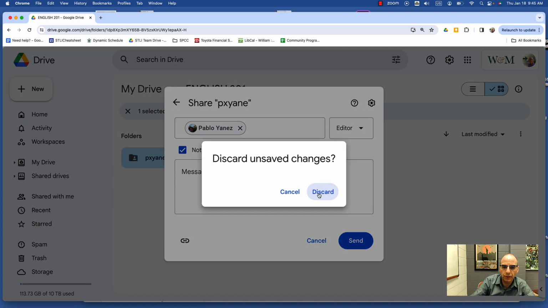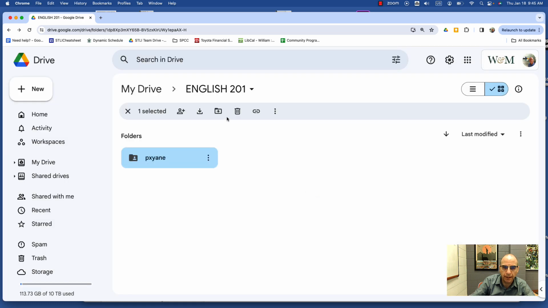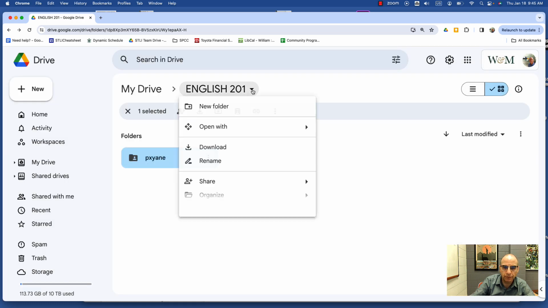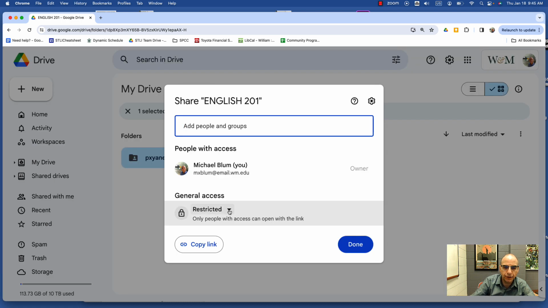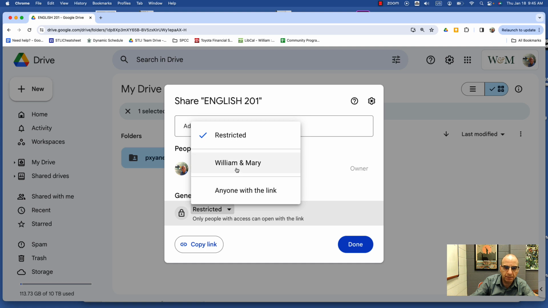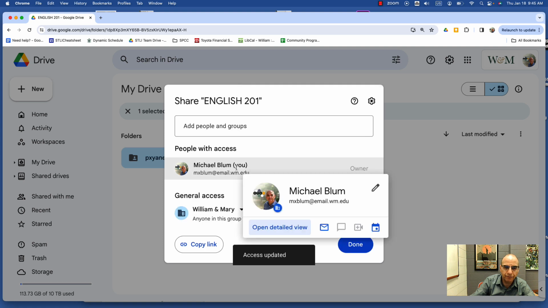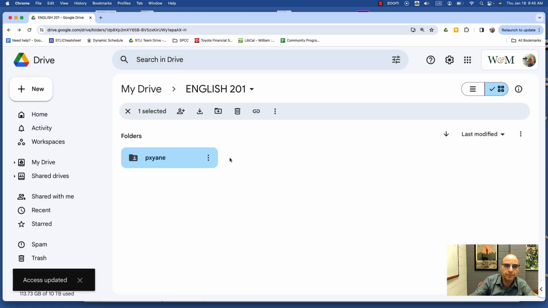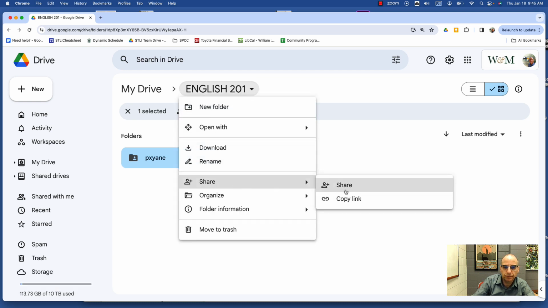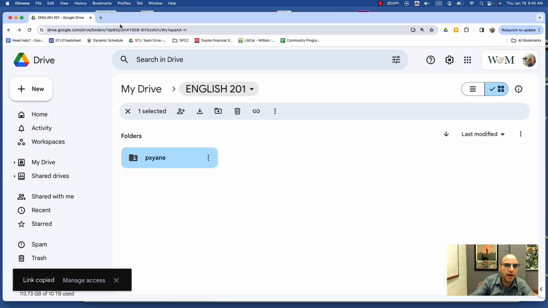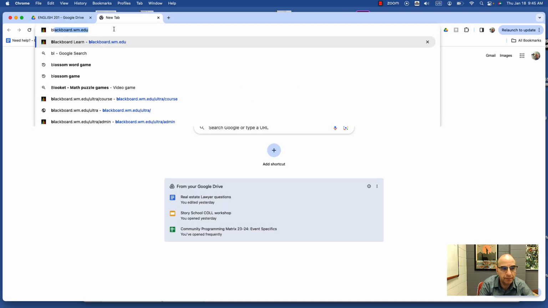One thing that you will have to do, that I will tell you, is in my English 201 folder, I'll just have to go to share, and then make sure that anyone at William and Mary can see that folder. And then I'll say done. So now anyone at William & Mary can see this English 201 folder. I can grab the link to it, and I can just put it on my Blackboard site. So I'll go to English 201, share, copy link, and then I can go to my Blackboard site,